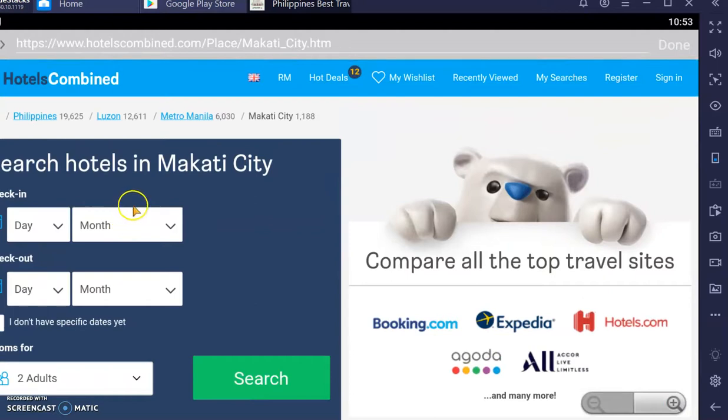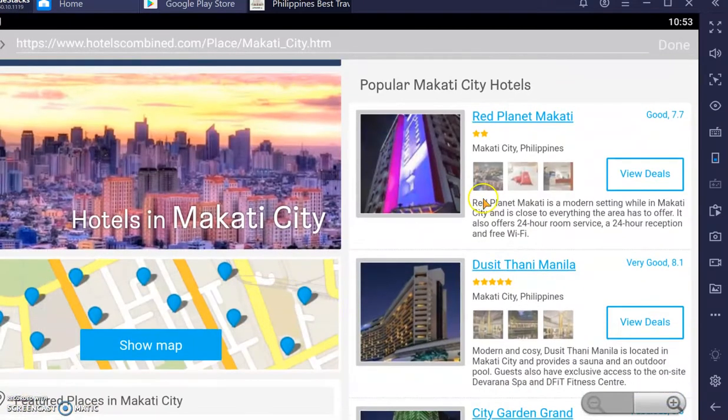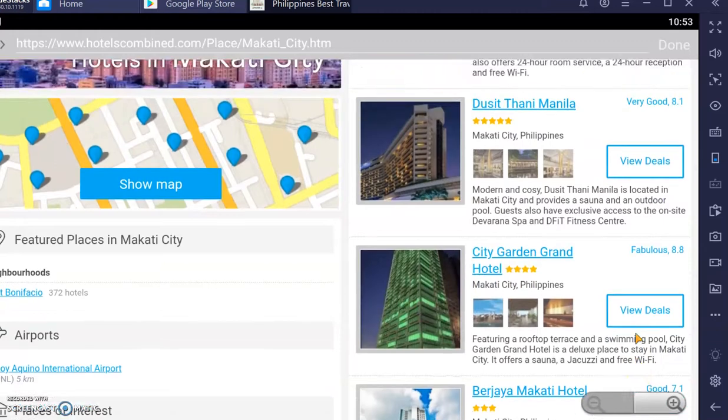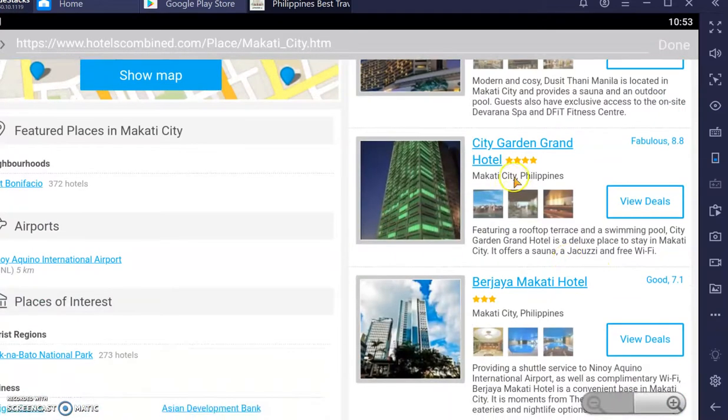Or you can search any hotels in Makati City by inputting your check-in date and check-out date. Okay, let's say I give you an example. I just click on this. You can see there's a rating here, 2-star, 5-star rating score here. Let's say I choose this City Garden Grand Hotel at Makati City, Philippines. Fabulous review. I just click review and then it will redirect me to the page